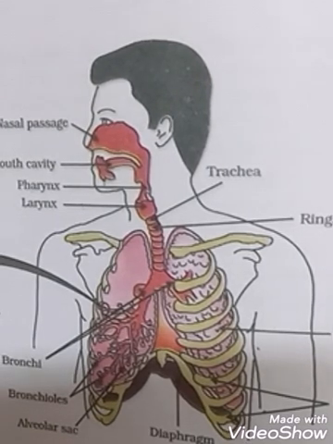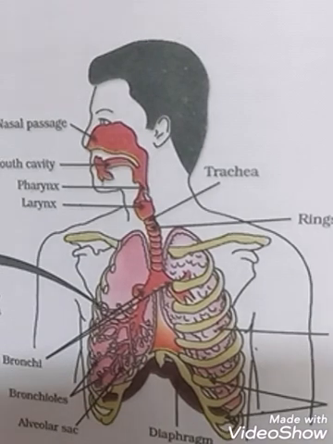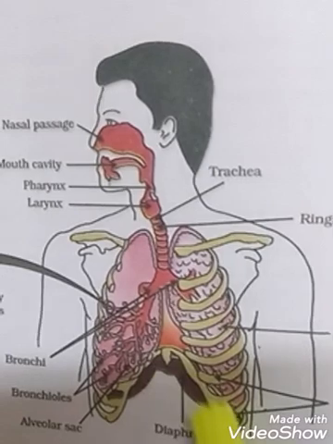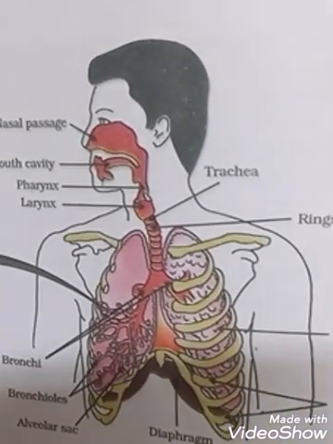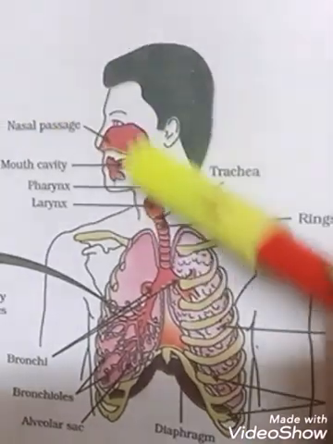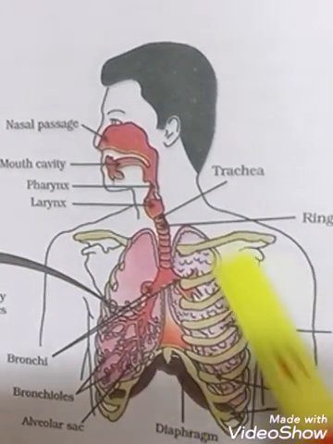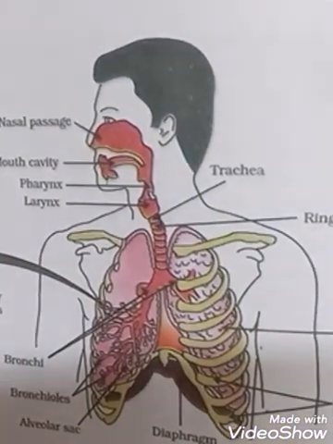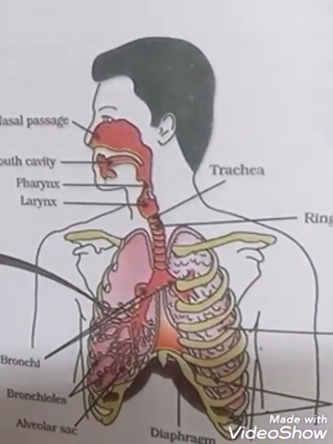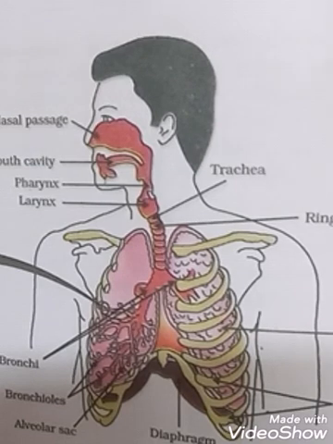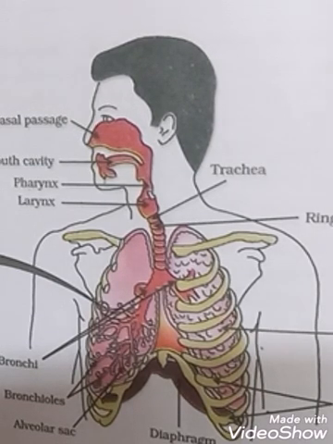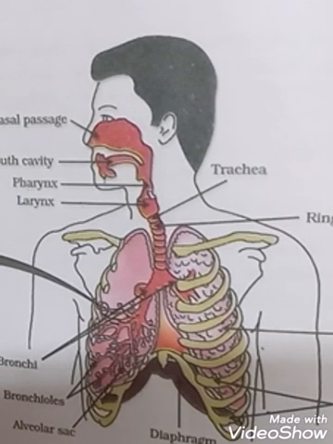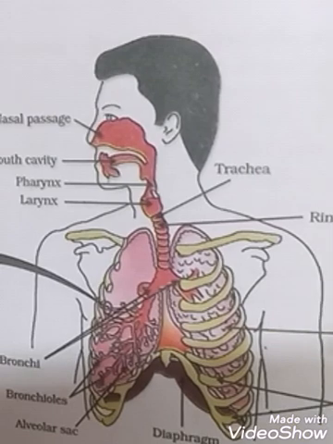So when we breathe in, our ribs are lifted and the diaphragm is flattened, it goes down, the chest cavity becomes larger. So air goes inside, because when the cavity is large, space is large, pressure is less, the air from outside will try to fill inside. And the blood will come, that means in the alveolar region, the carbon dioxide rich blood will come, diffusion will take place just now as I told, and oxygen will be taken up by the blood